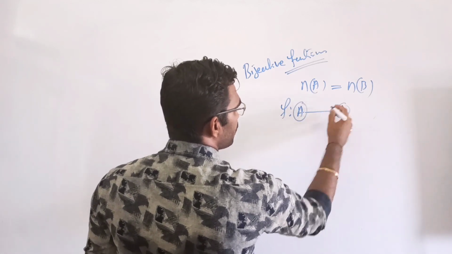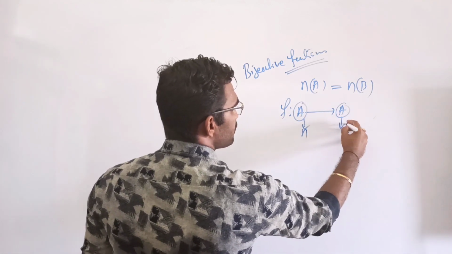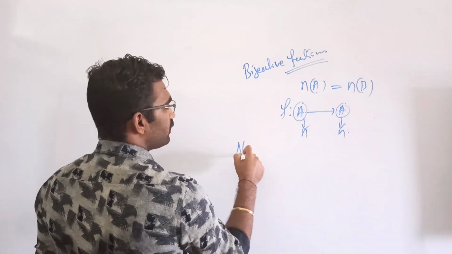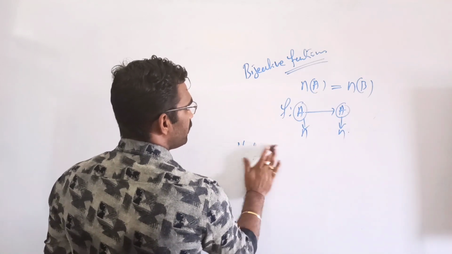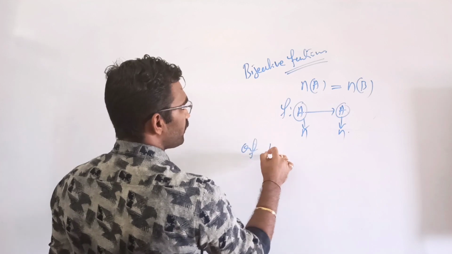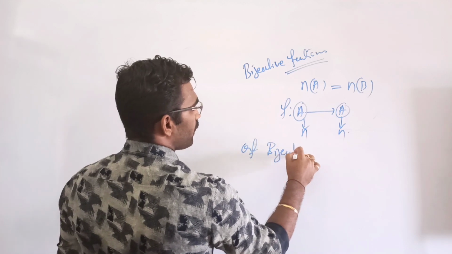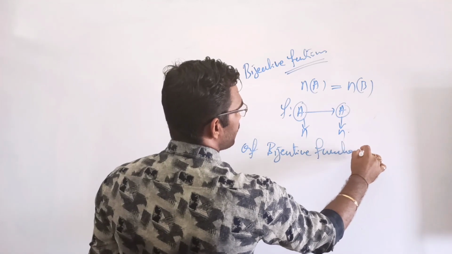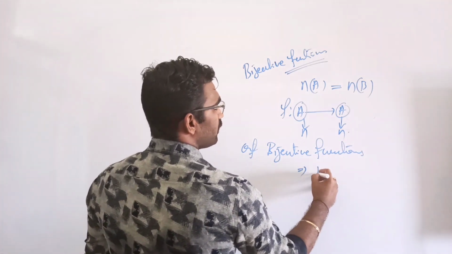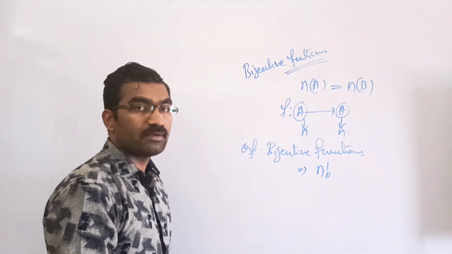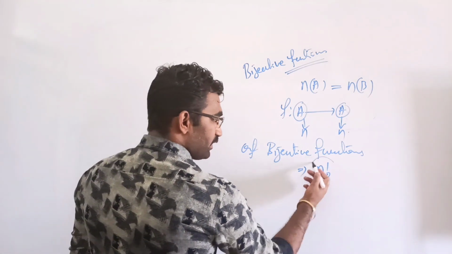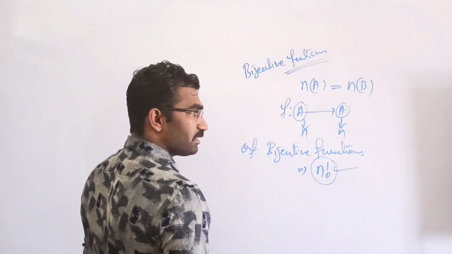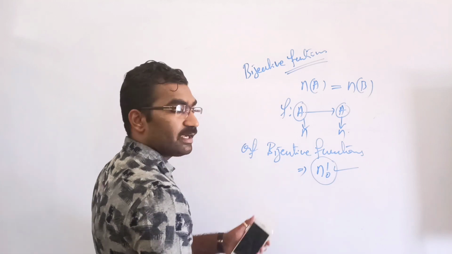If A has n number of elements, here also n number of elements. Therefore the number of bijective functions is equal to n factorial. So if they ask you directly, you can write the answer, or else if they ask you to calculate and find,